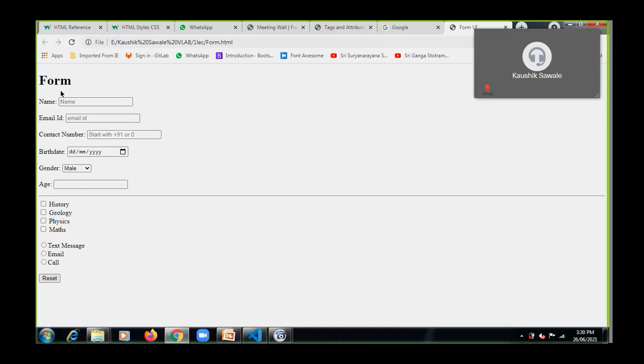So this is the form UI. This was the heading tag, the H1, that is form. This is the input for the name I had. So let's just, I can enter any text like my name here, that is the text I had given. So I can input text. Here I can input my email ID. So let's say just,